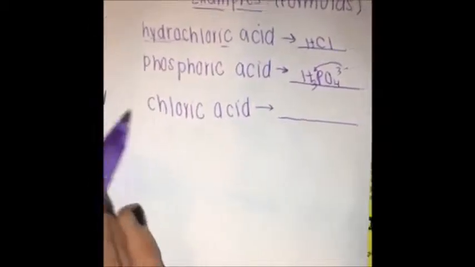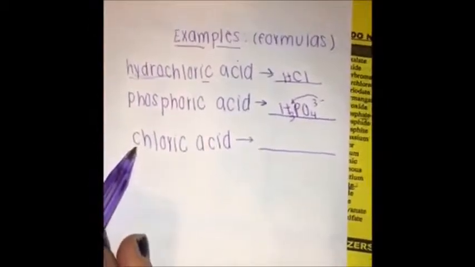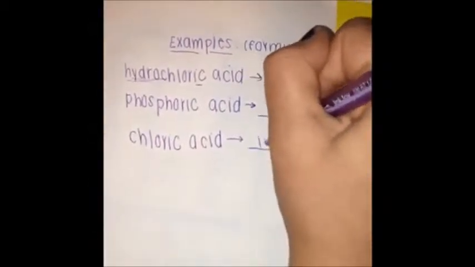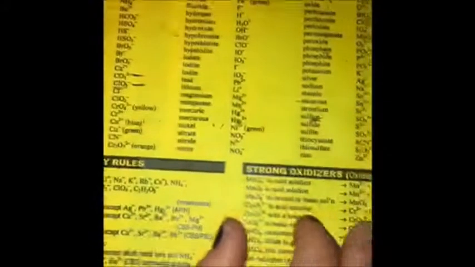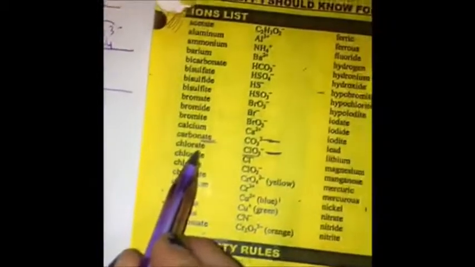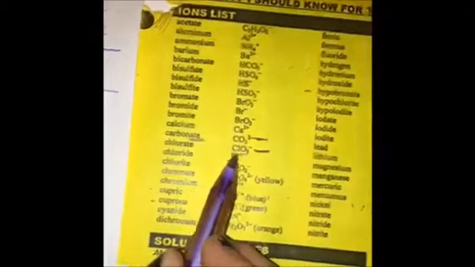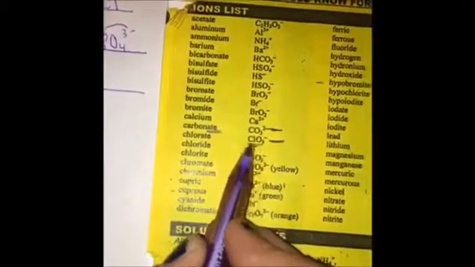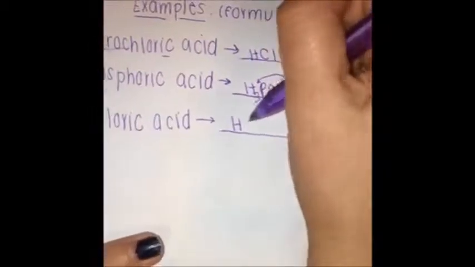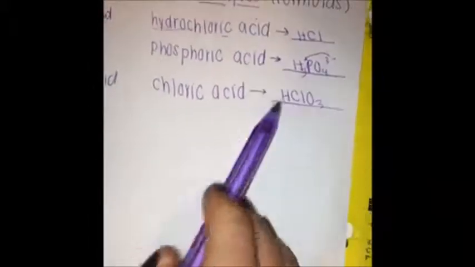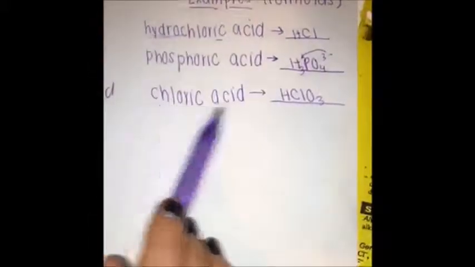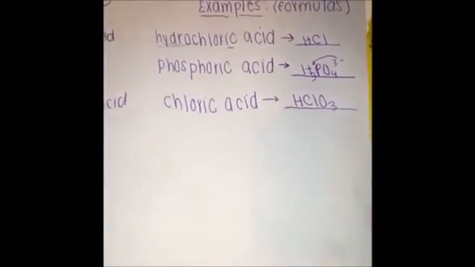Like the one above, this one has no prefix as well, which means that it is an oxyacid, which means that it will have three elements. And looking at the periodic table, you see that it is chlorate, and the compound for that is ClO3, giving you the formula for chloric acid. And that is how you